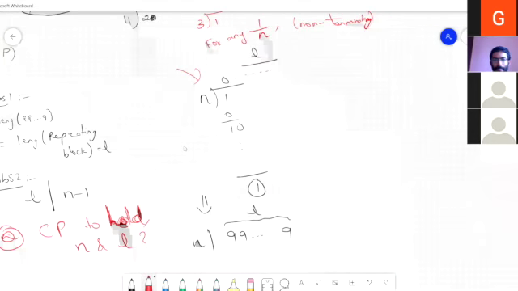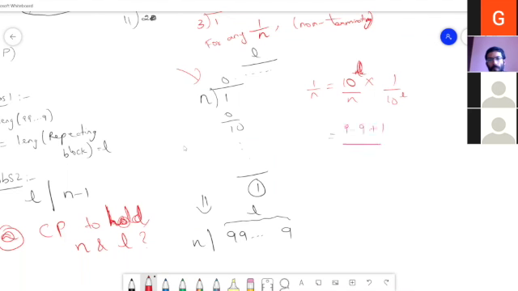If we take 1 by n equal to 10 to the power of L divided by 10 to the power of L times n, we are multiplying numerator and denominator by the same number, so there is no change. Then we follow the same manipulation that I had done for 11. 10 to the power of L can be written as the sequence of L nines plus 1. Since n divides the sequence of L nines, that will give the quotient, plus again it will become 1 by n.